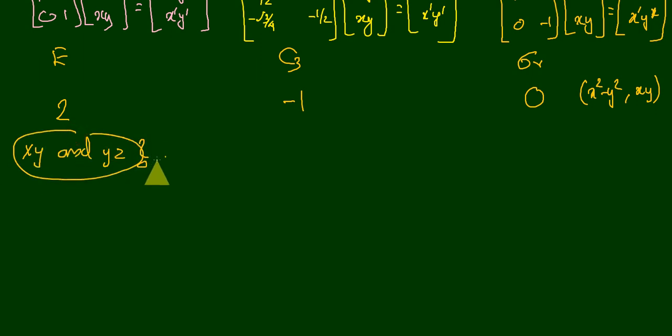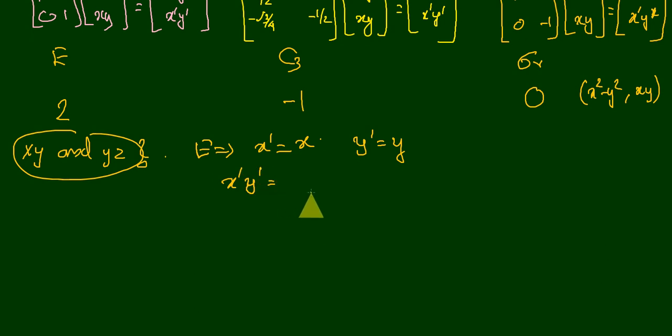Okay, and we know that during the E operation, x transforms as x, or x dash is equal to x, and y dash is equal to y. So you know how x transforms and how y transforms. Therefore x dash y dash